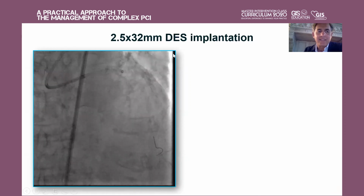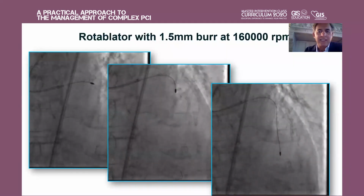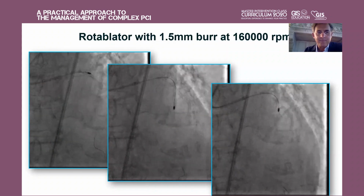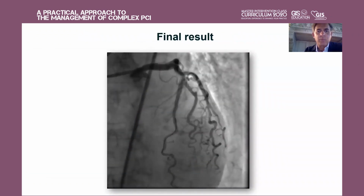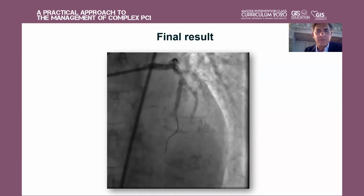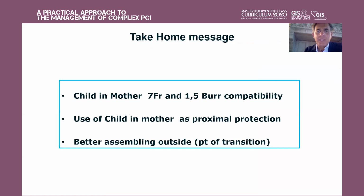You see the guide extension is in the same position. We put a stent easily, and then we rotate the LAD with the same Burr. And then we put a stent and we do the bifurcation technique with good result, angio and IVUS. So take home message, mother and child, 7 French is compatible with 1.5 Burr, and you can use